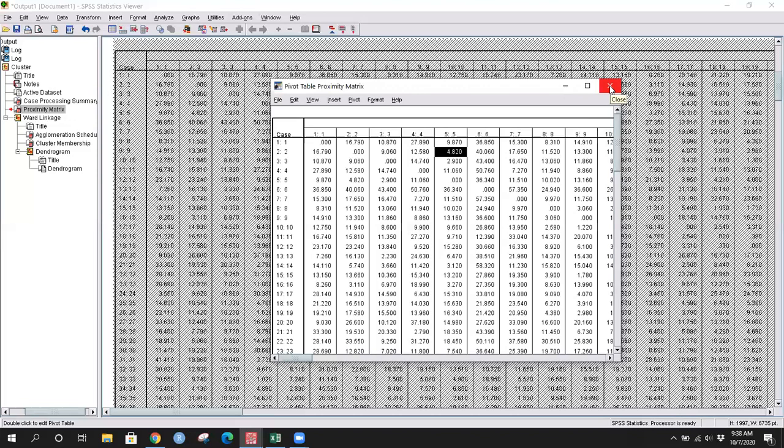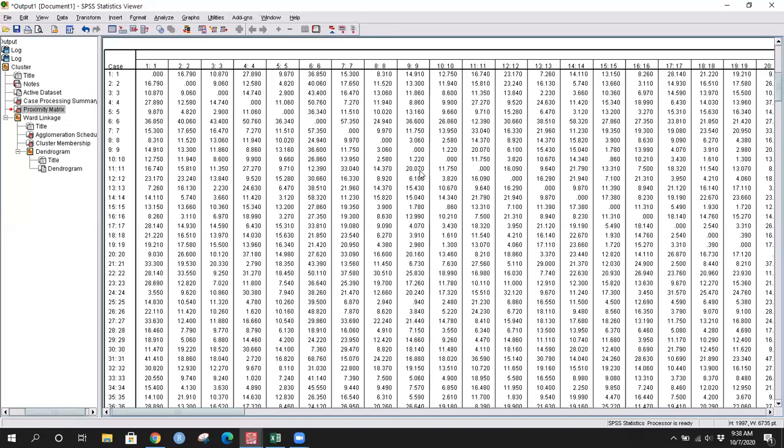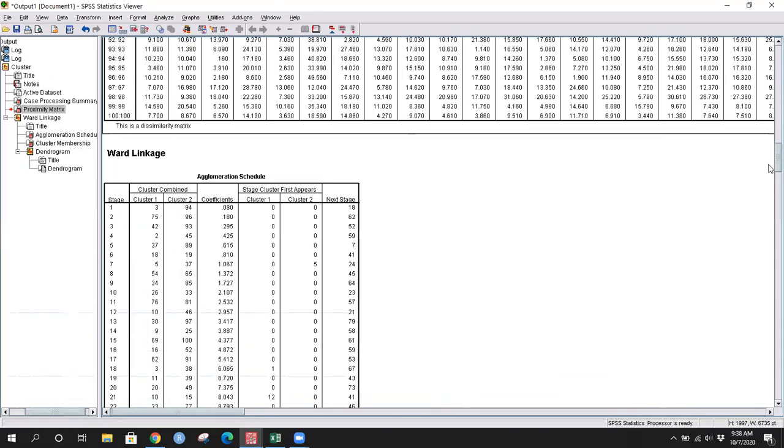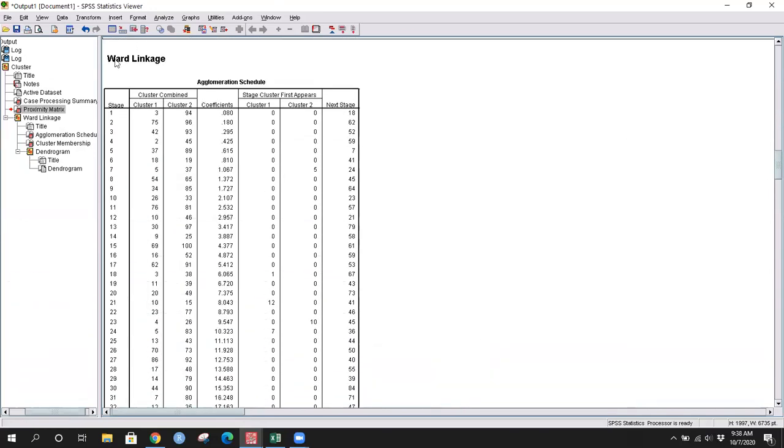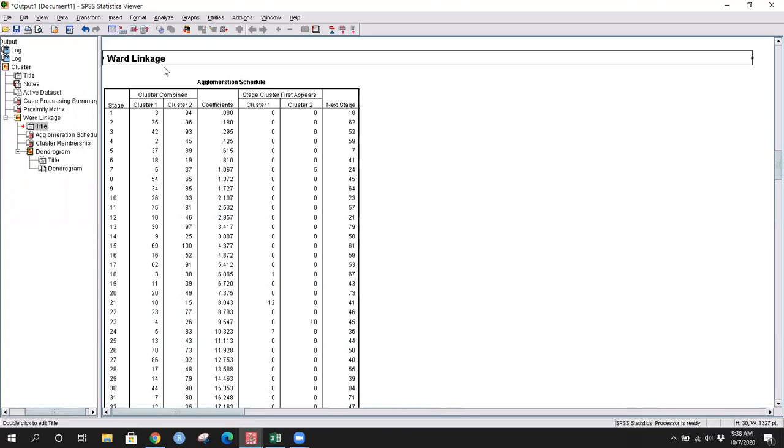Okay, so that was about the proximity matrix, which is giving you a distance measure. By distance measure, I mean the dissimilarity. By dissimilarity, I mean the larger this number, the less likely those two people are to become a part of one cluster. So that was about your proximity matrix. Next, you have the Ward linkage. Recall that we use Ward's method in linkaging. So this is the particular technique with which hierarchical cluster analysis will come up with the number of clusters.